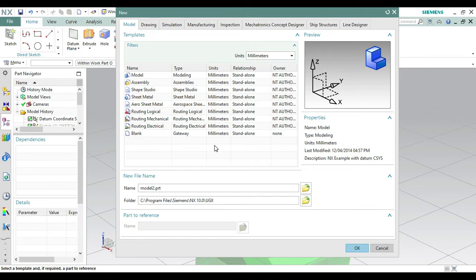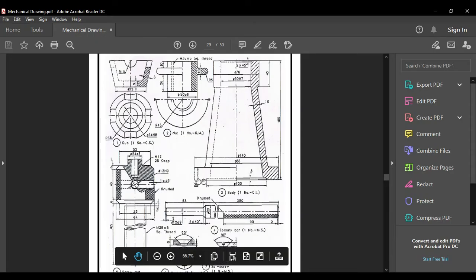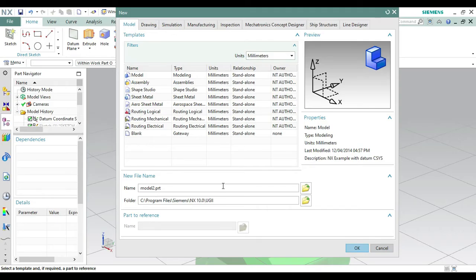In this video we will design our second assembly, and that is this screw jack. So first we will design the body of the screw jack. So let's go with the next. Now the first step is to click on model for type modeling and make it okay from here like this one.